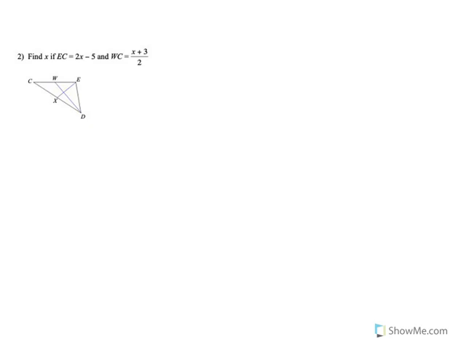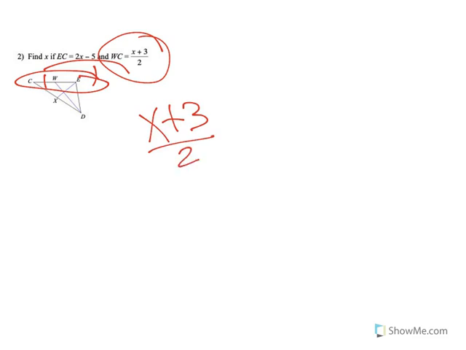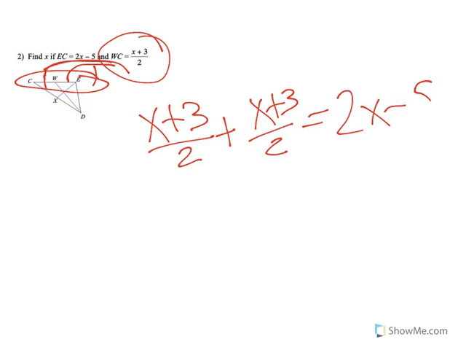Okay, oof, WC is this big old fraction, ew. Okay, again, WC is this. EC, that's the whole thing, is this. So what that means is x plus 3 over 2 plus x plus 3 over 2, right? Once for WE and once for WC equals 2x minus 5. Or you could say